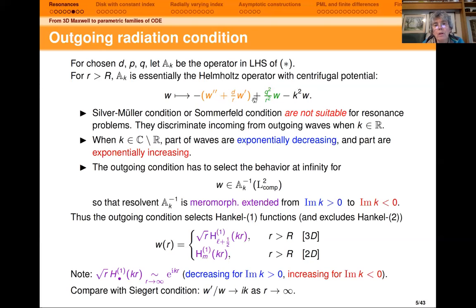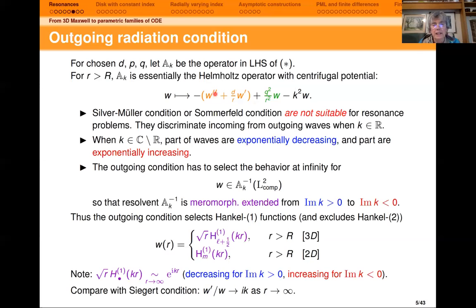The solutions of these are exponential waves that are either exponentially decreasing or exponentially increasing. It's easy to understand if you don't have this potential and you have only W and the derivative of W, then you have the standard exponential e^{iKr}, and when K is not real but complex, they are